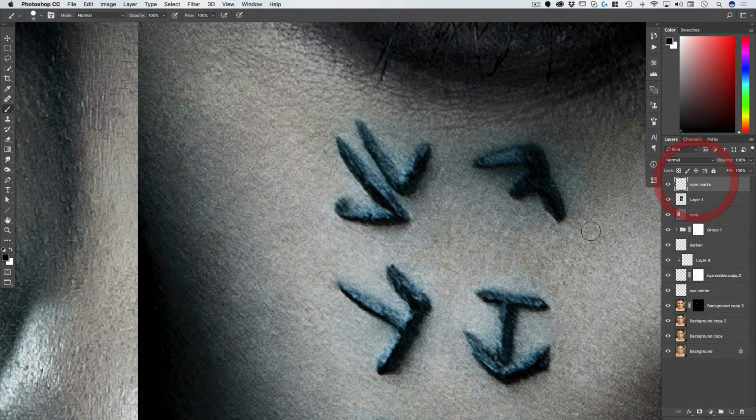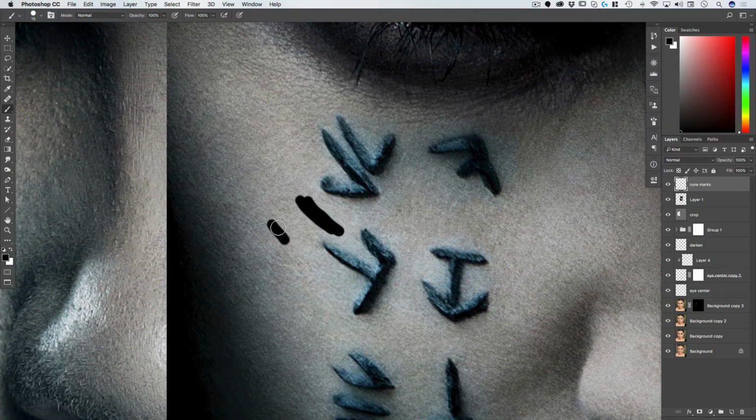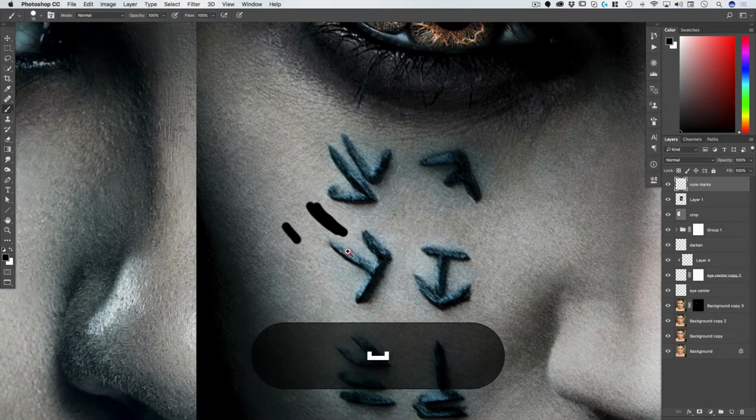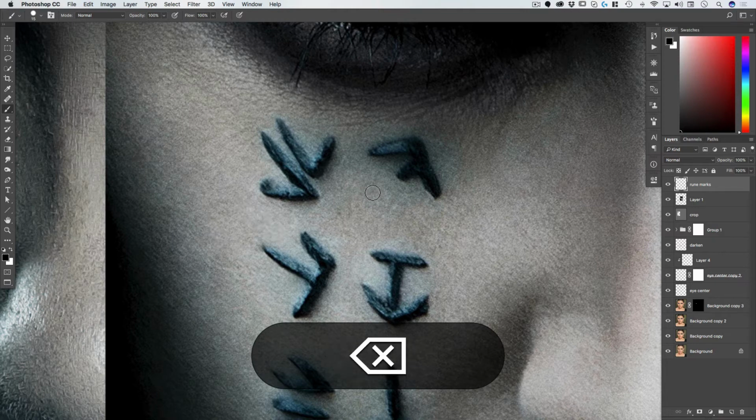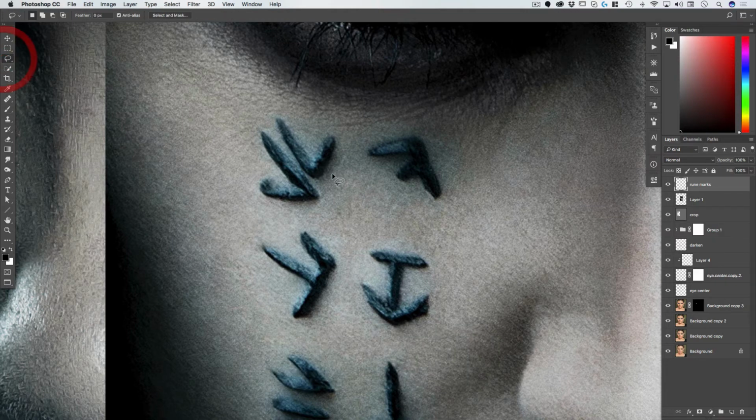and let's move that layer above everything just so we can see how it looks. So that looks pretty good, but obviously you can see the end of the brush is circular. Now if I were using a Wacom or a tablet, I could paint these more realistically, but in this case I'm doing it just with the mouse. So instead of trying to brush them, I'm actually going to use the lasso, make some selections in film. So I'm going to do Command A, delete, Command D to deselect,